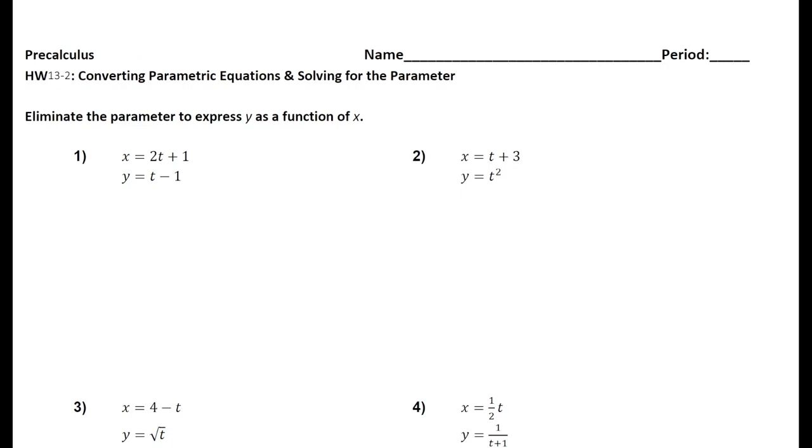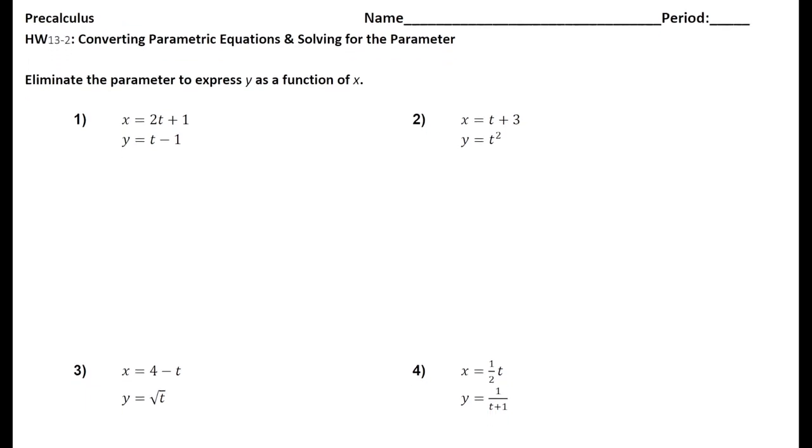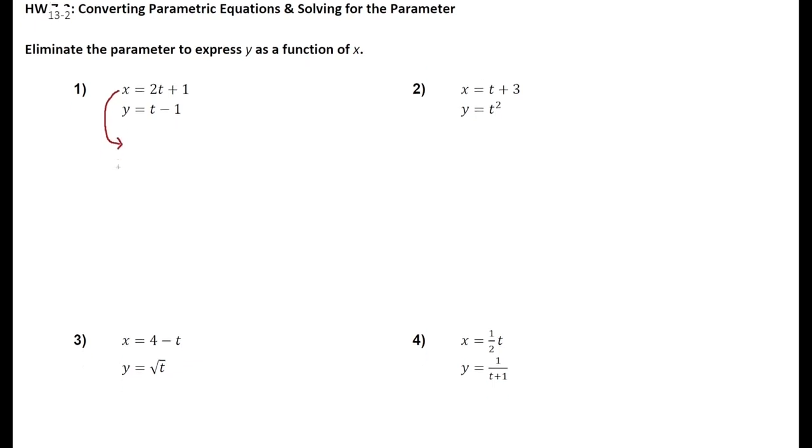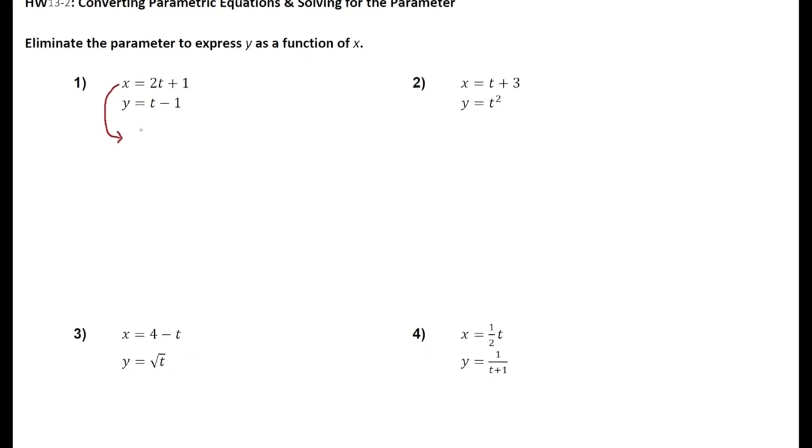And basically what that means is we want to rewrite the equation for y so that instead of having our variable t here, we just have x. So the first thing we need to do is rewrite this x equation so that t is isolated. So I'm going to start by just rewriting the equation here